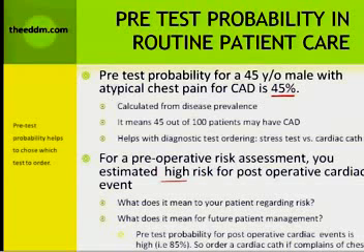Let me explain how. When a 45-year-old male presents to you with atypical chest pain, what do you do? You order a stress test to rule out MI. Why? Because you calculate that the pretest probability for a 45-year-old male with atypical chest pain is 45%. This is published data. That means 45 out of 100 of them at the age of 45, if they come with atypical chest pain, may have coronary artery disease, but the rest of them, 55 of them, will not have it. Is it a high enough probability for you to go ahead and do a cardiac cath